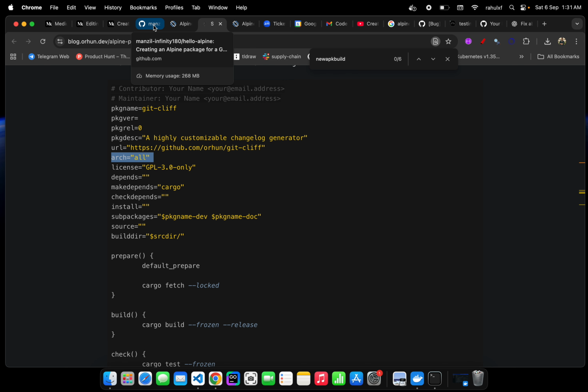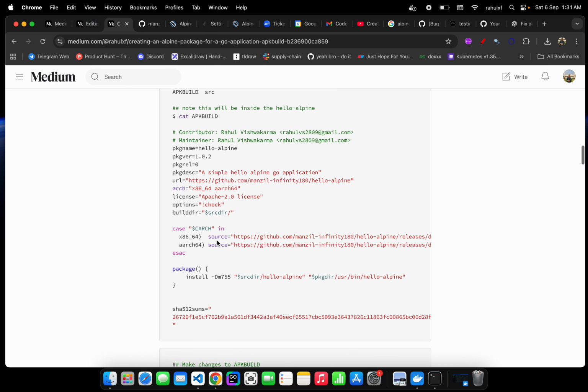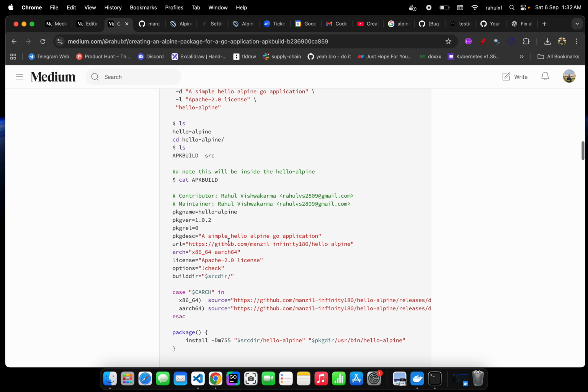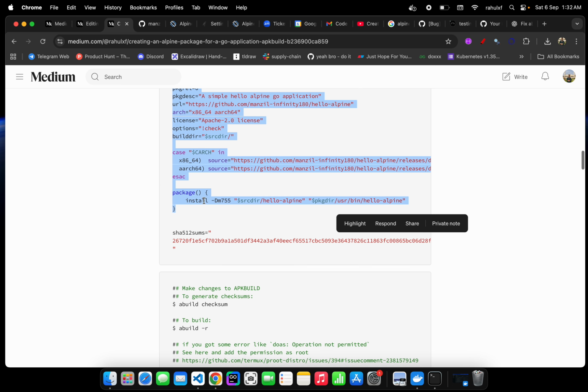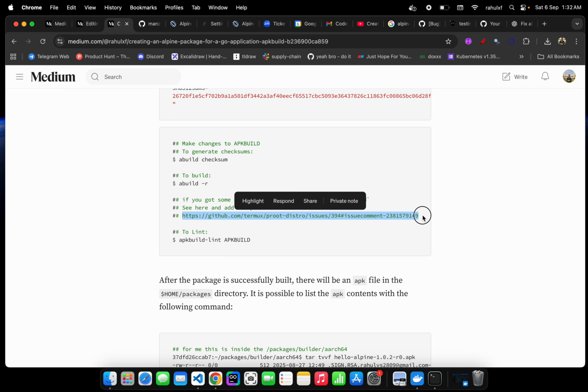Like AMD64, things like that. If you see my blog, you can see here I am building for aarch64 and x86_64, something like this. If I'm wrong, please correct me. So this is a binary way. You can't do a binary way, because if I show you this